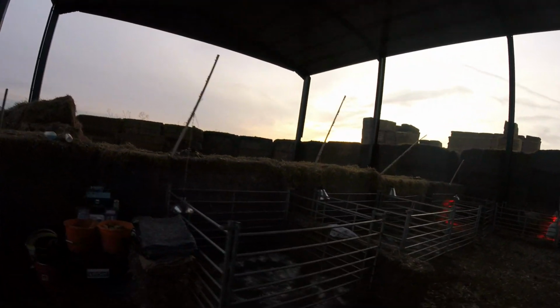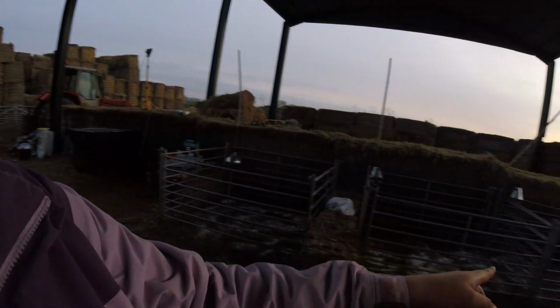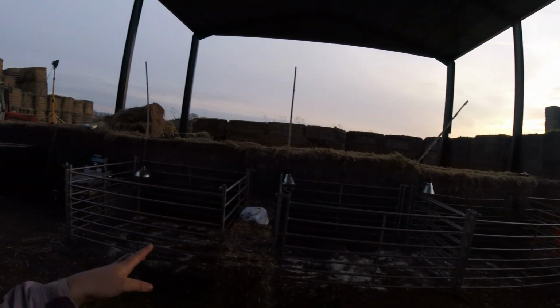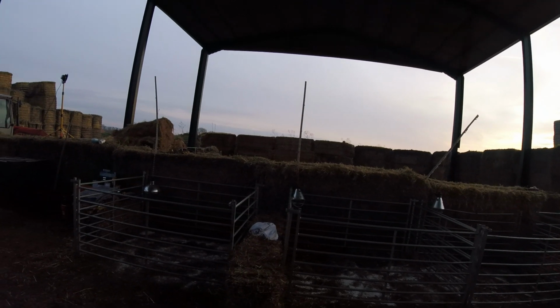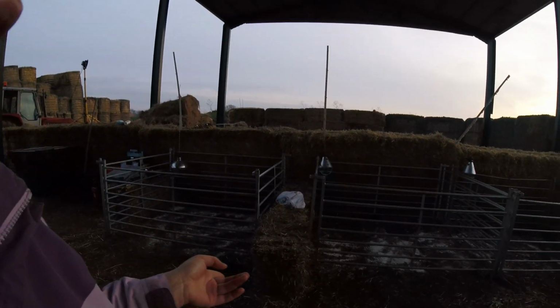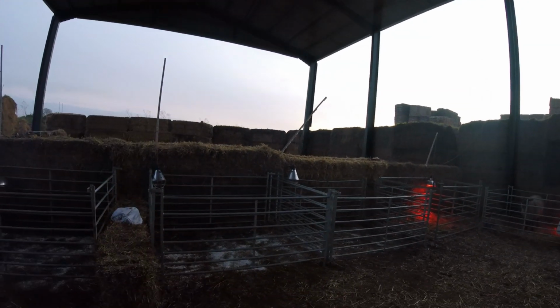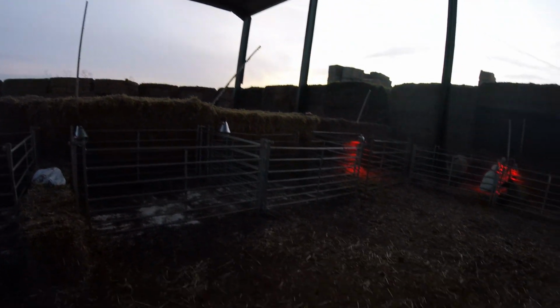And then here we've got our lambing pens. We have just mucked all these ones out, well, these 3, mucked them out and disinfected them, and also put hydrated lime down. That pen was emptied, but we had to use that this morning